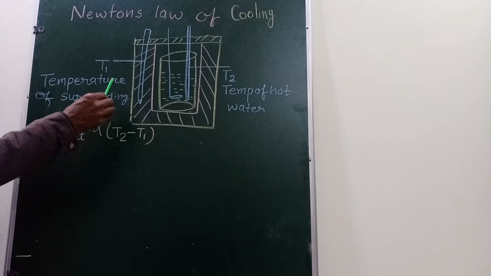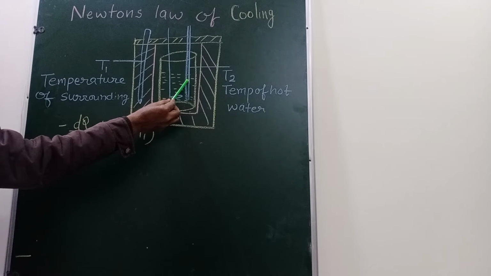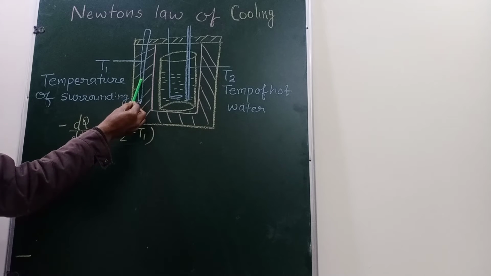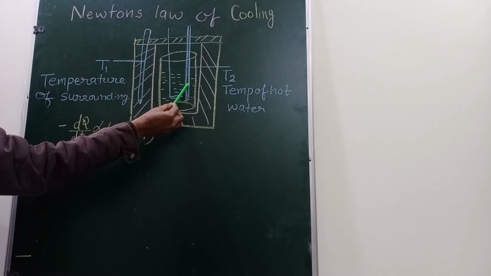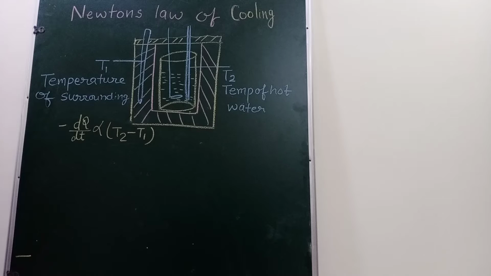This is one calorimeter in which we have two thermometers. This is thermometer 1 and this is thermometer 2. This thermometer measures the temperature of the surroundings. This thermometer measures the temperature of the hot water. This is a copper calorimeter. You might have seen the copper calorimeter in the laboratory while doing the experiment to find the depth and radius of the calorimeter. It is 3/4 filled with water and its initial temperature is, say for example, 70 degrees Celsius.